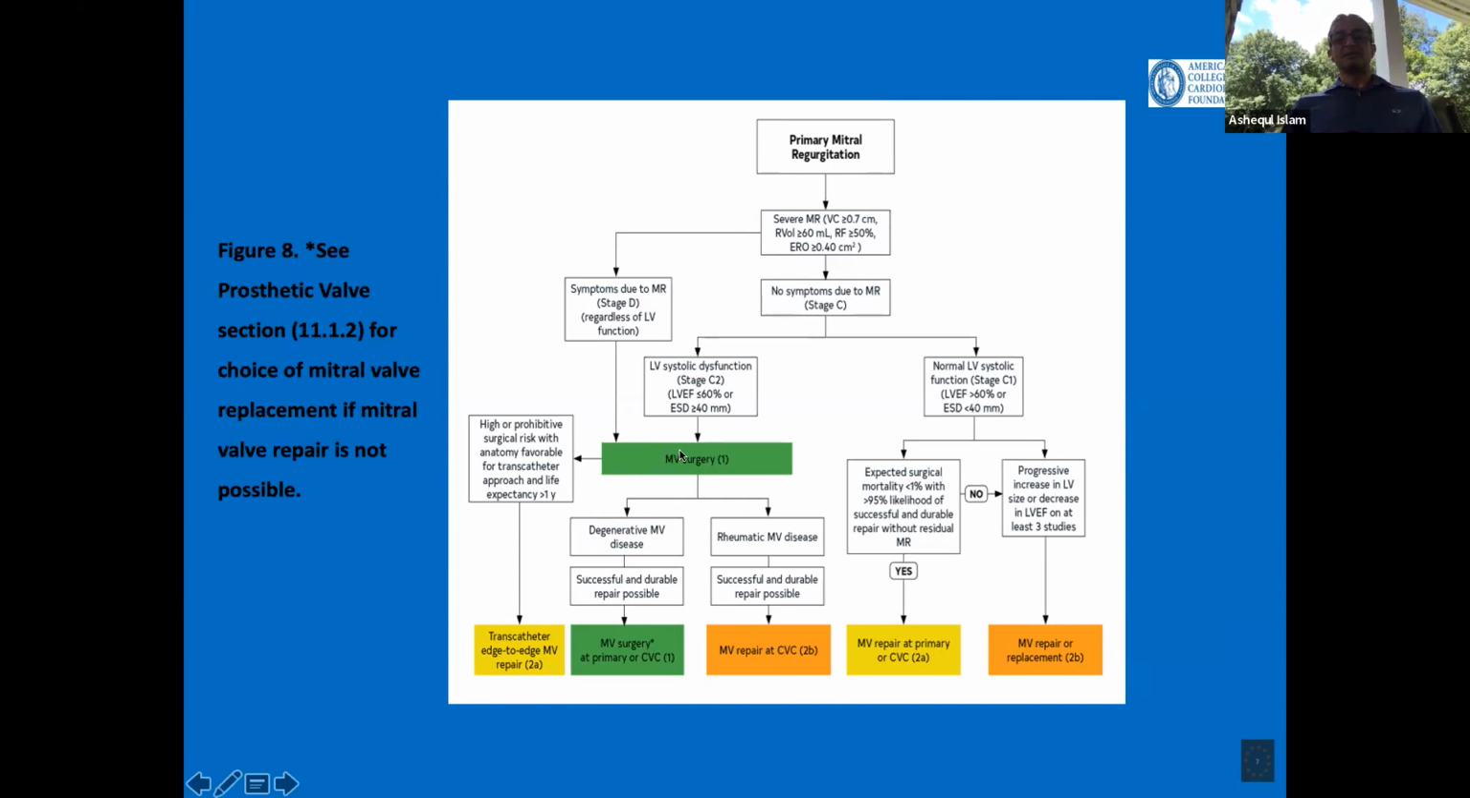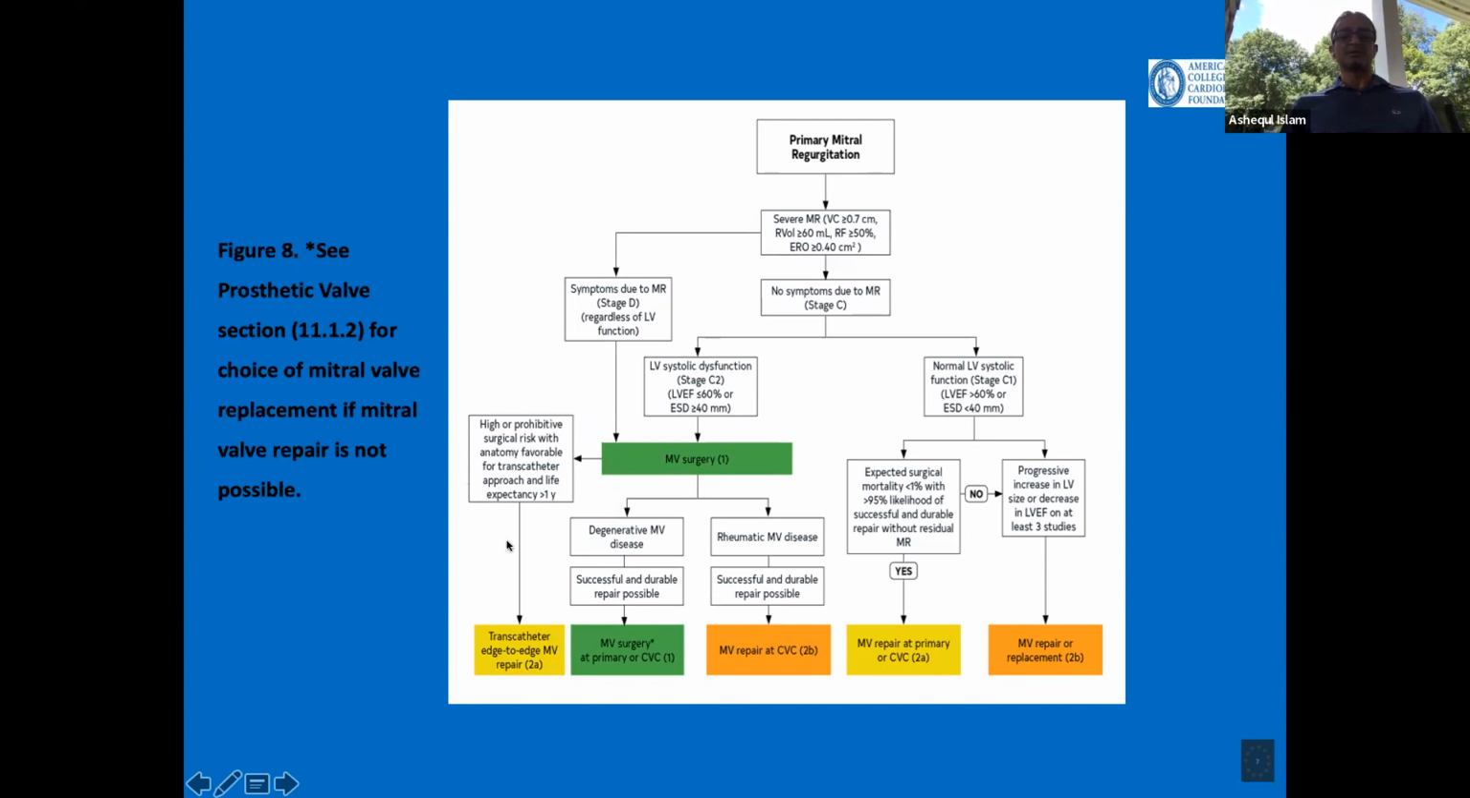Mitral valve repair is always better than replacement for degenerative mitral valve disease as well as for rheumatic disease. We don't see rheumatic disease much here in the United States, of course. But some of these patients are going to be high risk or prohibitive risk for surgery. This is the subset of patients with primary mitral valve regurgitation, and if their life expectancy is more than 1 year,